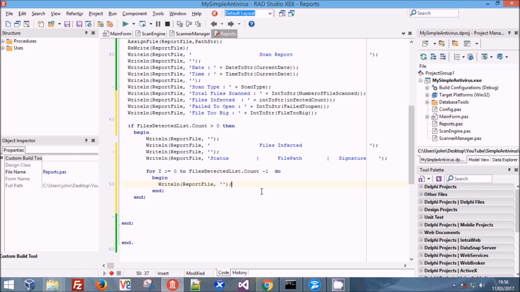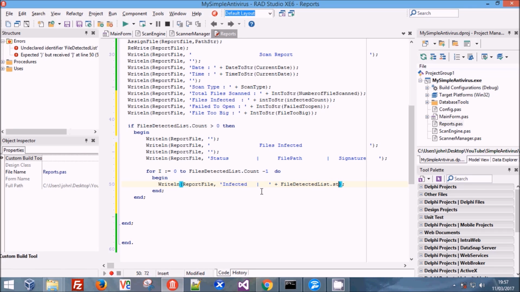And it will mess us up if we don't. So then we're going to do a begin and we're going to paste in another write. I'm going to do infected as the first bit of text, some spaces, one of these, some more spaces, and then we're going to dump in file detected